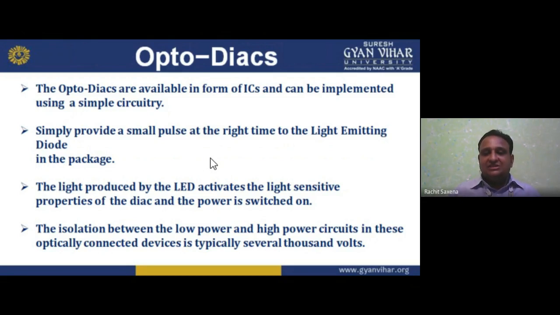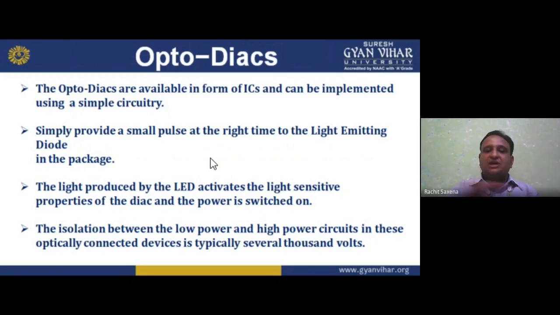The LED activates the light sensitive part. We can use lamps or some other things which emit light. The diode has the property that it responds to light, because light has photons. Why is it sensitive? If we make a PN junction, P and N, a depletion region is created, then a barrier is created. If we apply a positive voltage, that is known as forward bias. As per the threshold voltage of the material we are using, germanium or silicon, after this it conducts, because the depletion region breaks down and the barrier width falls.